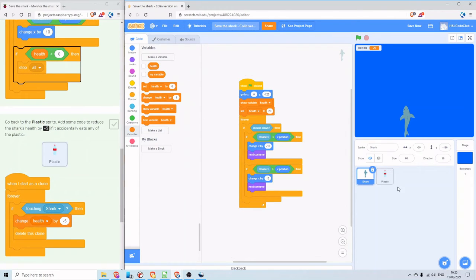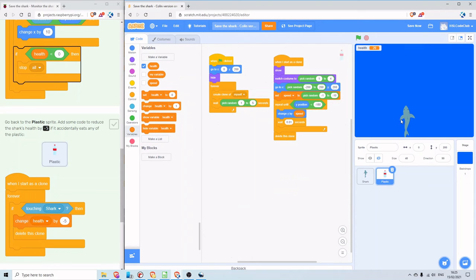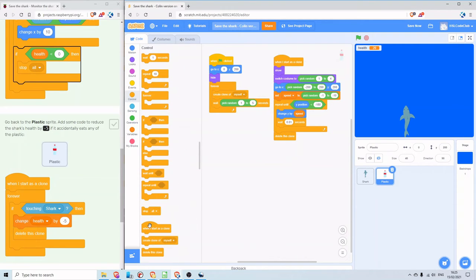And now what we're going to do is go back to the rubbish, and every time the shark is touching the rubbish, we're going to reduce our health by -5. So come under control. When I start as a clone, add another block, forever, if touching,